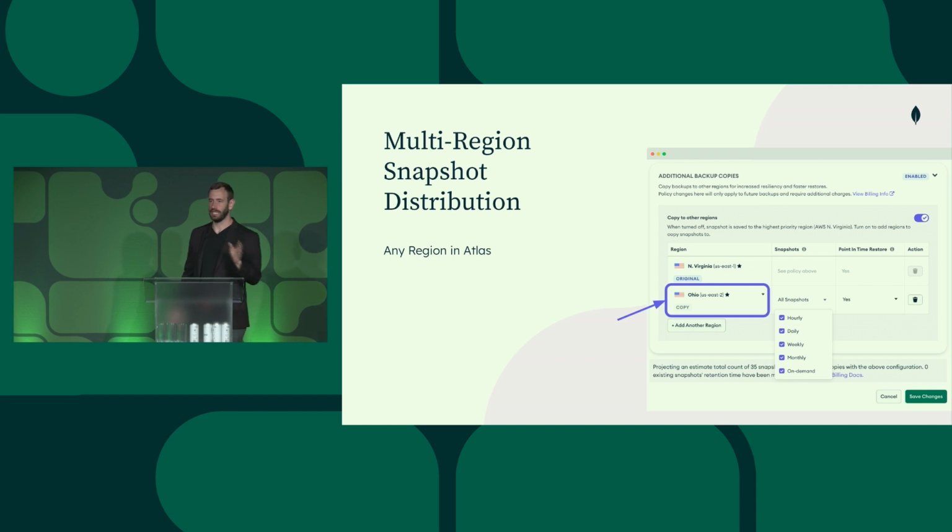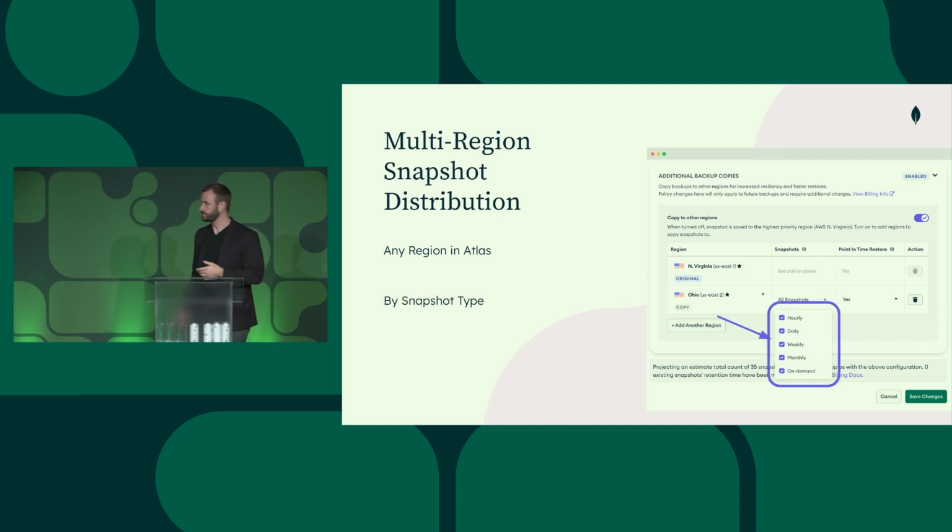And it's not related to where your cluster lives. So regardless of whether you have a single region cluster or a multi-region cluster, you can still pick any other region that you prefer to copy your snapshots over. So in that example that I said, if an entire cloud region went down, you will still have access to your backups as you go forward. And even though that region is down, you can choose another region to deploy into with these snapshots.